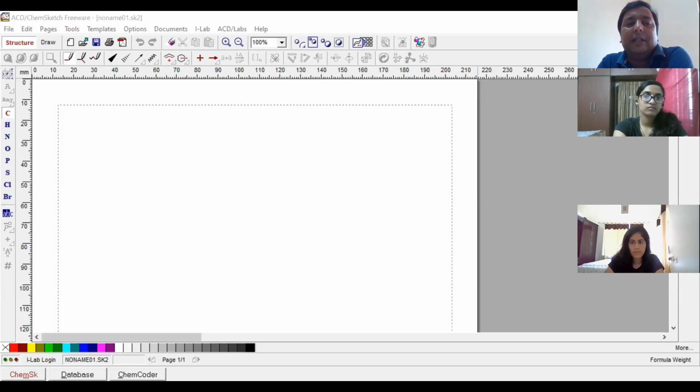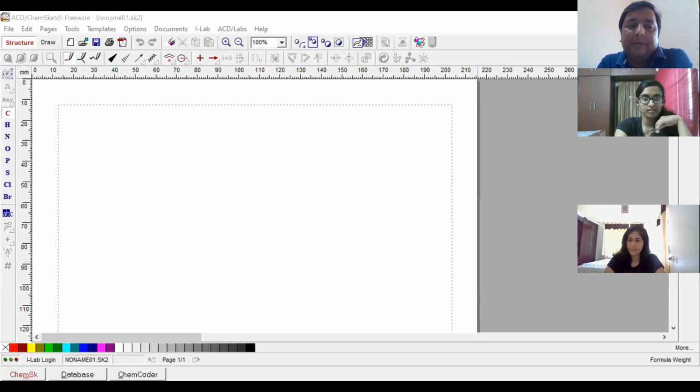If you click one more time, you see that the square is coming. It will be a single bond. If you click one more time, it will be a double bond. So no need to go there and pick the double bond, single bond, and triple bond. If you click here one time, two times, three times, automatically that bond will be incorporated based on their optimization method.